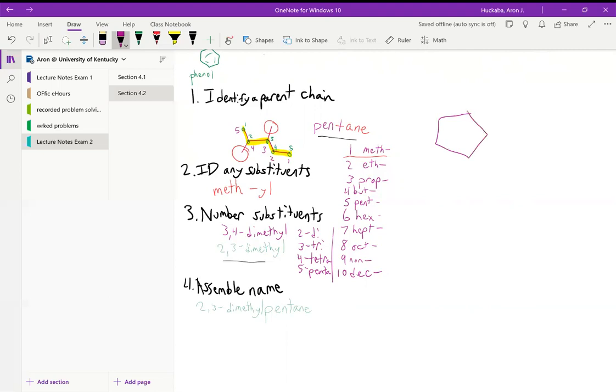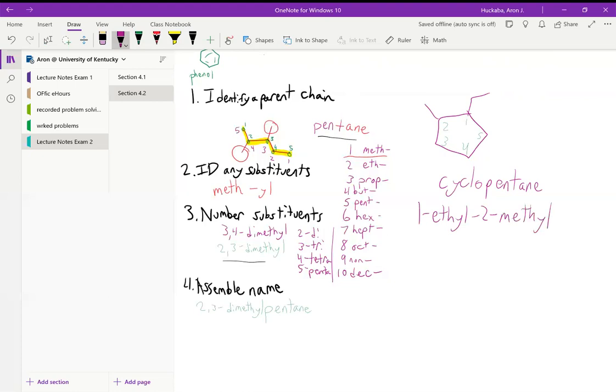So here, this would be a cyclopentane instead of a regular pentane. And we can even put substituents onto that cyclopentane. So this would be a 1-ethyl. Whoops. After numbering, this is 1, 2, 3, 4, 5. We would then have a 1-ethyl 2-methyl